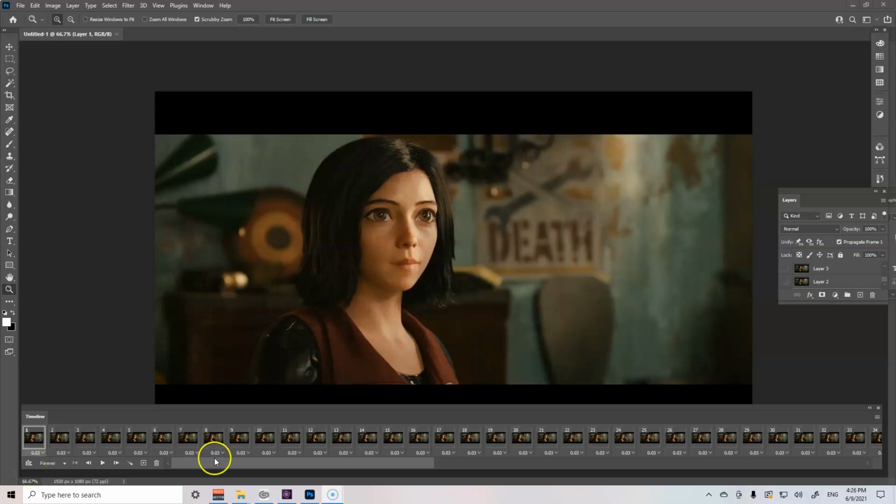Okay, I'm just going to explain to you how you can make a GIF in Photoshop. What you need, though, is a way to get your video source. However you get that, if you have